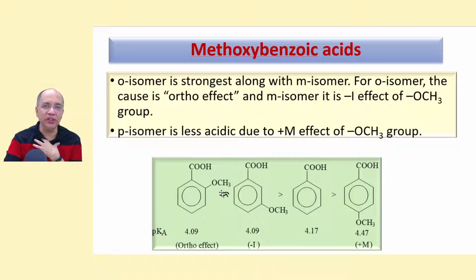And here there is no such intramolecular H bonding. SIR is the reason for ortho effect. That makes it the number 1. But because OCH3 produces a prominent minus I effect in the meta position, that will also make it stronger than benzoic acid. It has happened so much so that coincidentally these two are identical in strength, meta and ortho. This is by ortho effect, this is by minus I effect. And in the para position it will show plus M effect to destabilize the carboxylate ion, and it is the least acidic among the 4.